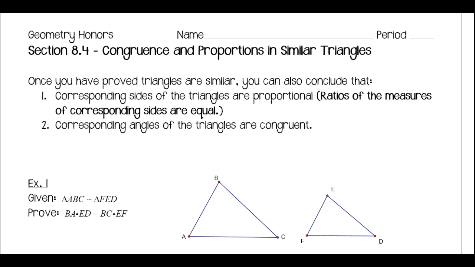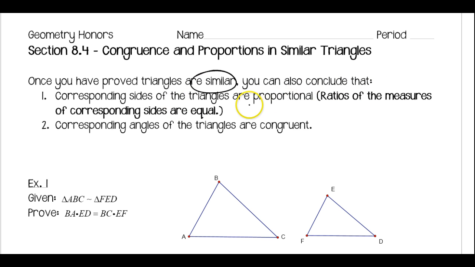So the first thing that we're going to talk about is very similar to what we did when we proved triangles congruent. Once we proved triangles congruent, we were able to use CPCTC, corresponding parts of congruent triangles are congruent, to help us prove that other segments were congruent or other angles were congruent. So this section is going to be similar, a little bit different for part of it, but some of it's exactly the same. So once you have proved triangles are similar, you can also conclude that corresponding sides of the